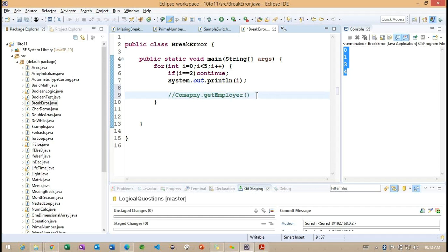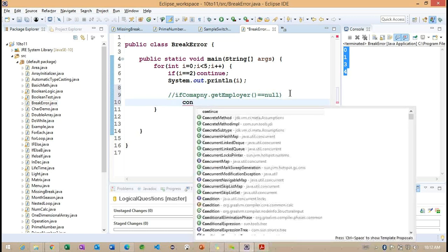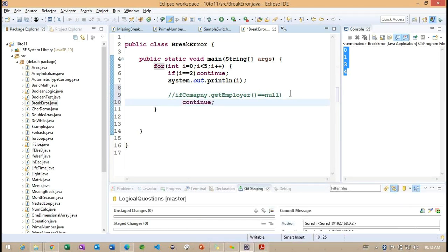Now what are we going to do? If we get this employer as null, we can have a condition here, and we can use a simple continue. Basically, we are expecting one employer object in the company object.